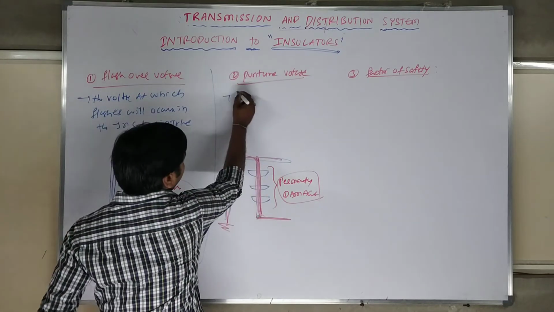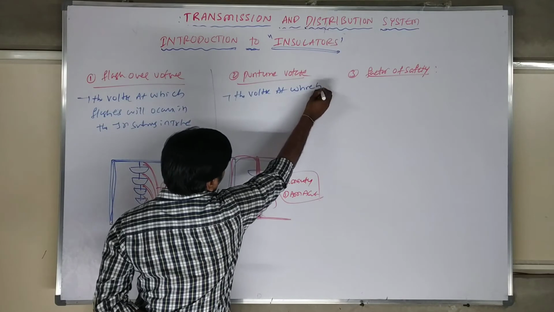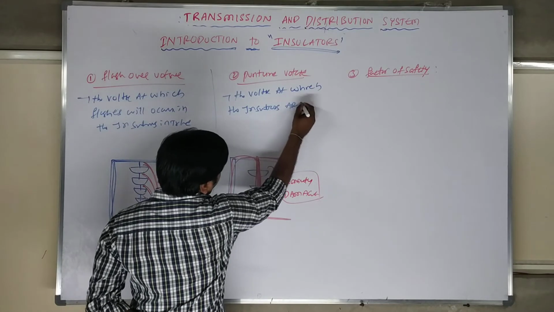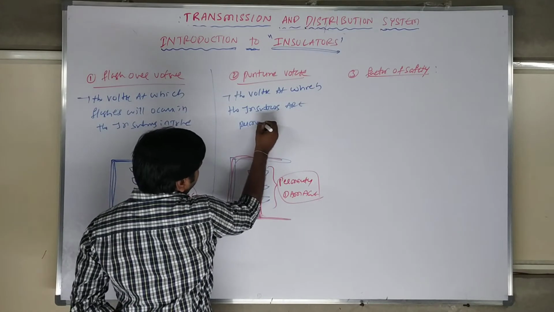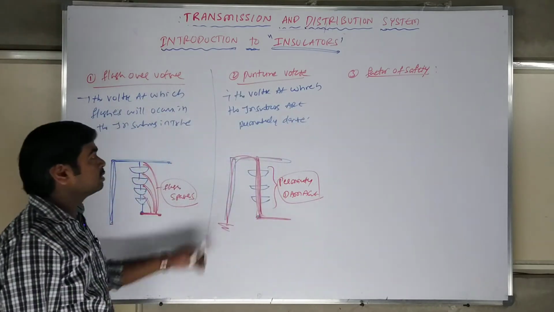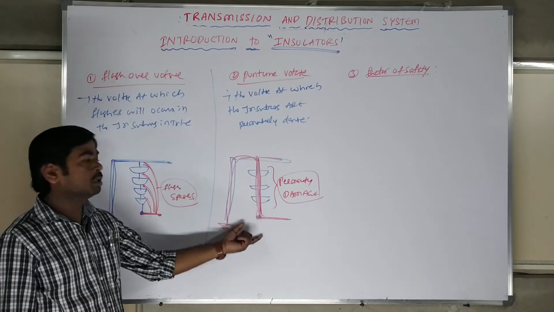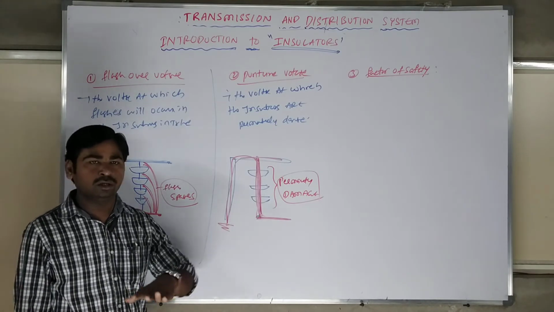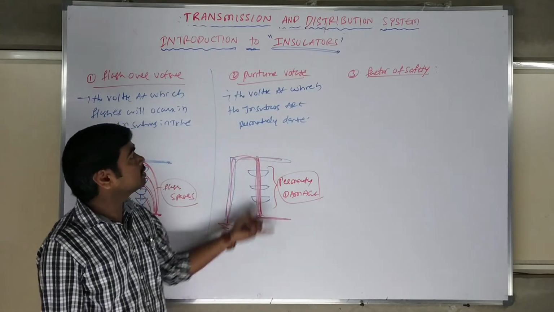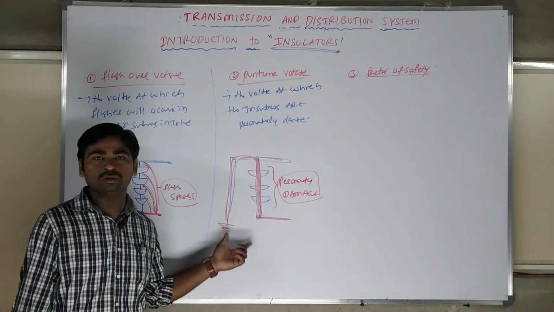We can write down here: the voltage at which the insulators are permanently damaged is called the puncture voltage. Always try to design your insulators with a high puncture voltage. That way, even if high voltage comes, it stays safe up to the mark. That is why you always maintain a high puncture voltage. Flashes we can manage up to a mark, but with puncture the insulator will be completely damaged.